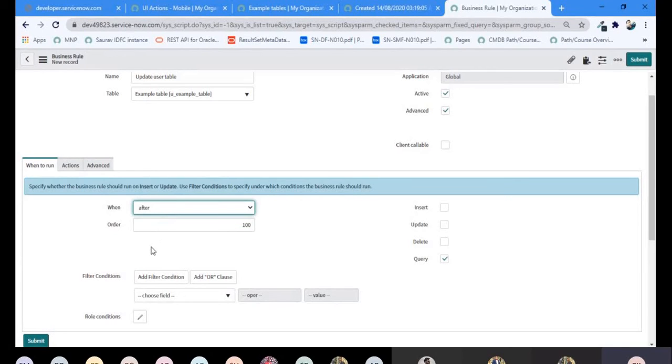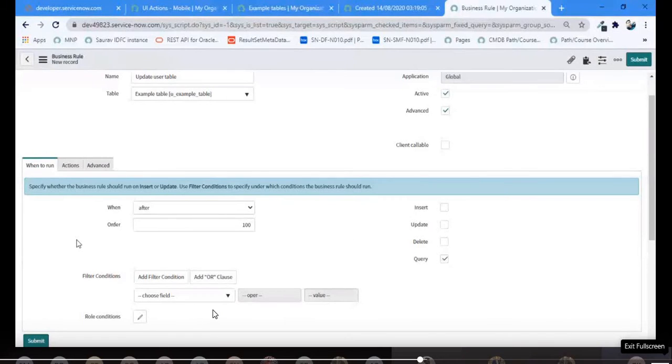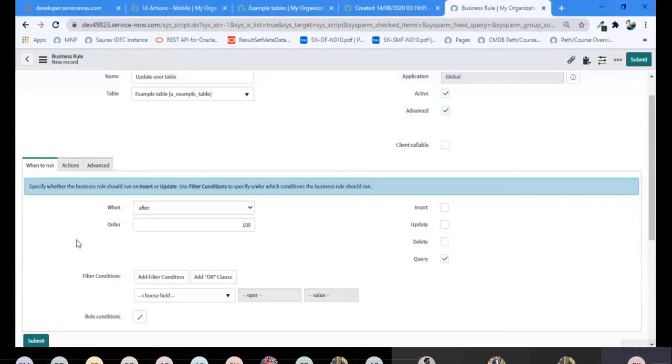Before, after, and display scripts all run right now. But if you have selected the async option, you can't guarantee when the script will run. This will start a thread, and you can't predict when the system will execute it. This is the main theme behind the async business rule.